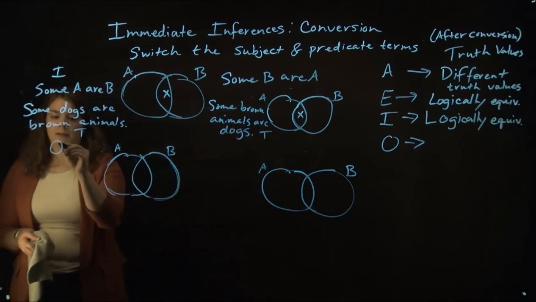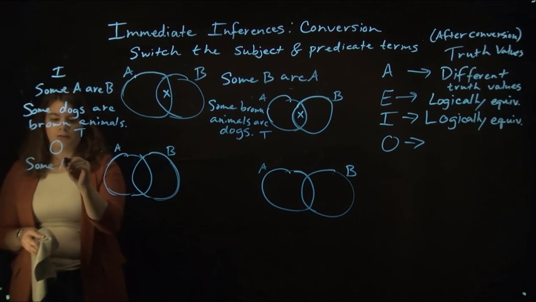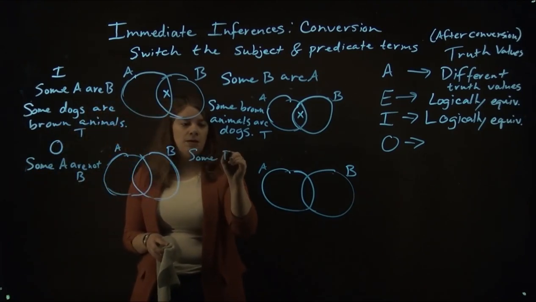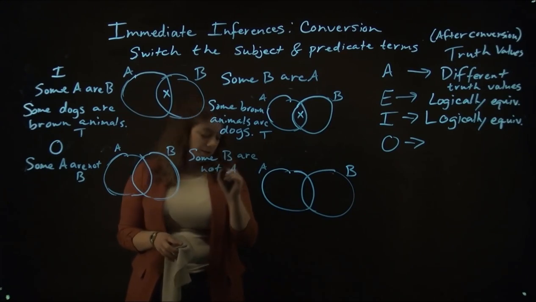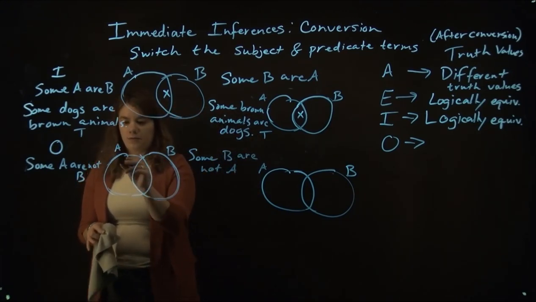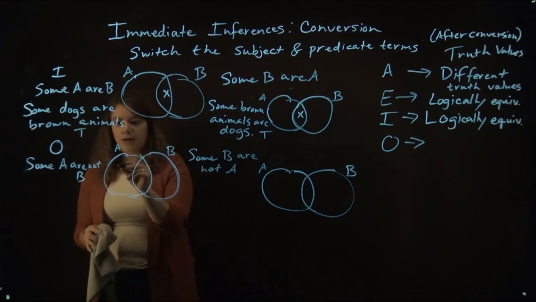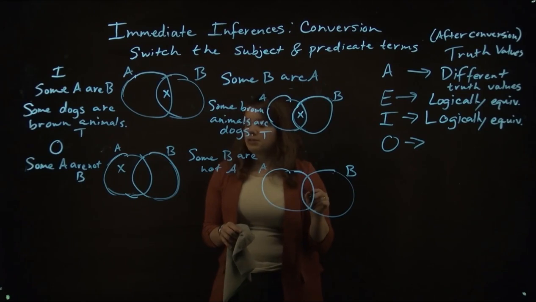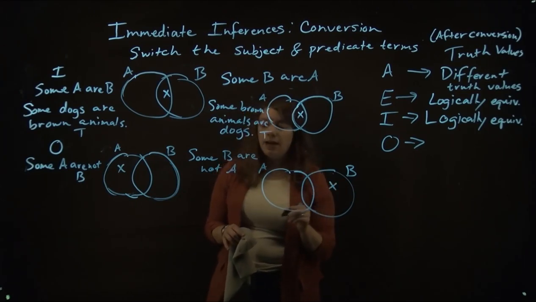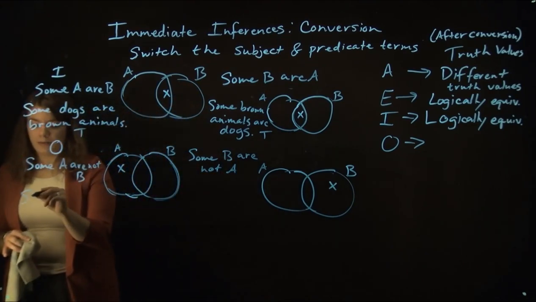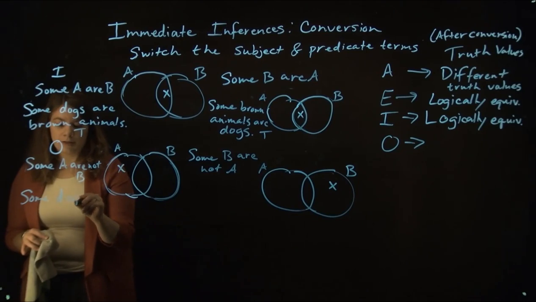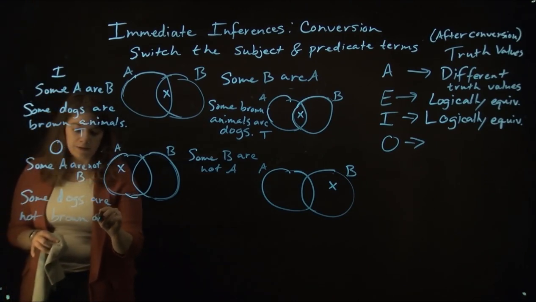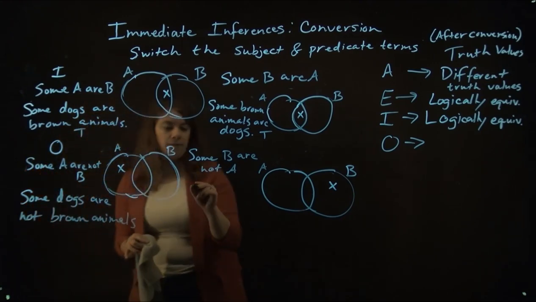Now let's consider the O statements, the particular negated statements. So some A are not B. Conversion is some B are not A. So the idea here is if we map this on a Venn diagram, we would say that there's at least one individual who's in the class of A, who's not in the class of B. And this conversion says there's at least one individual in the class of B that is not in the class of A. So to give us an example, some dogs are not brown animals